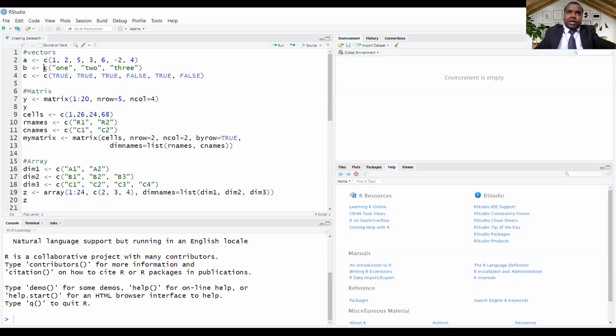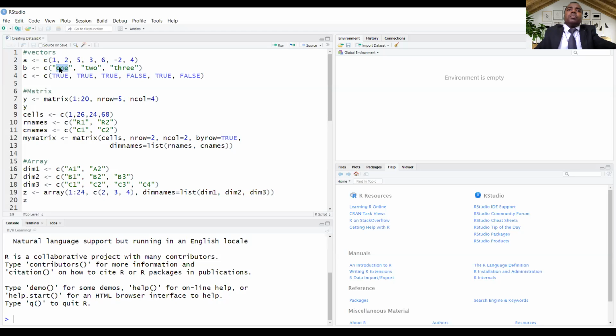Similarly, B is being assigned the values 1, 2, 3. These are the character variables. First, we studied how to assign the numeric variables. Second, we are seeing assigning character variables to B. So character variables means here 1, 2, 3, and we are giving double quotes.